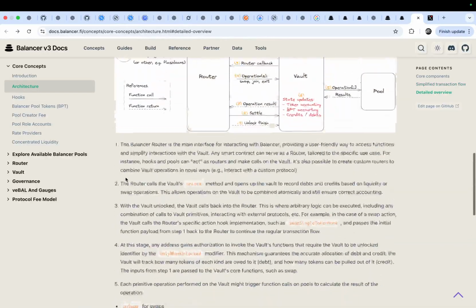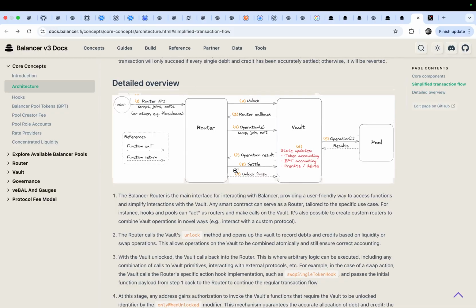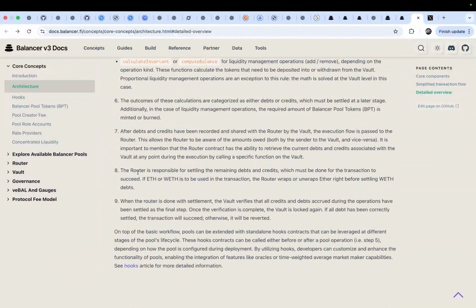And step 8 is here, settle. The router is responsible for settling the remaining debts and credits, which must be done for the transaction to succeed. If ETH or WETH is to be used in the transaction, the router wraps or unwraps either right before settling WETH types.